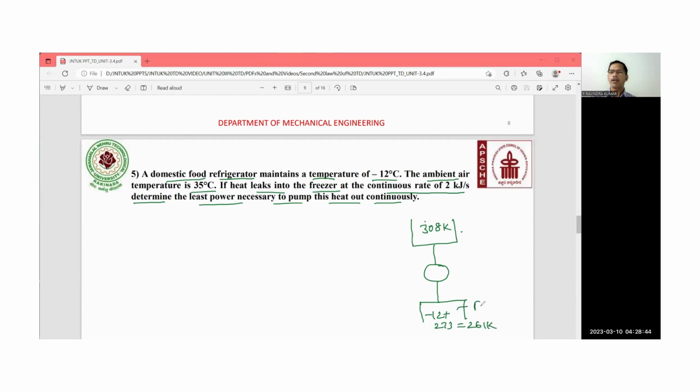This is nothing but the food freezer or evaporator compartment. So the directions are reversed. This is Q1 and this is Q2, and here is the work input. This is the refrigerator. So here, the least power necessary to pump the heat out continuously. The important issue which you have to observe is